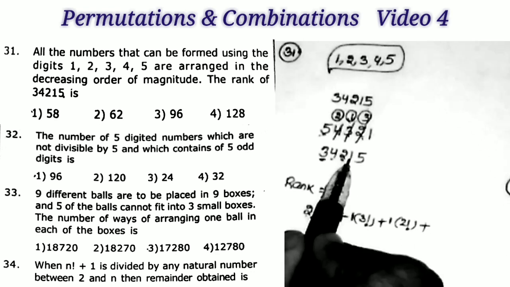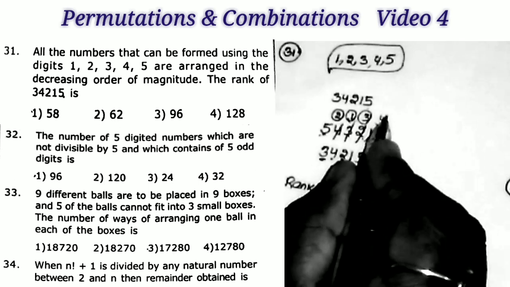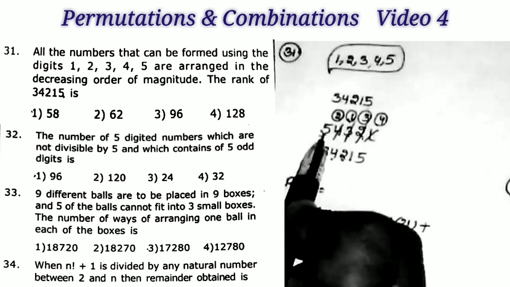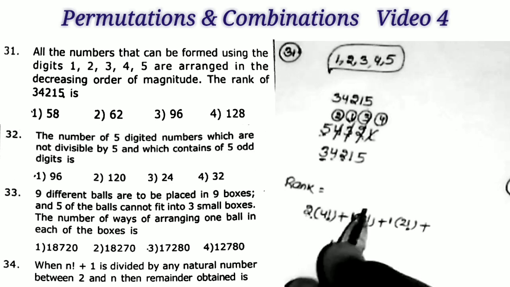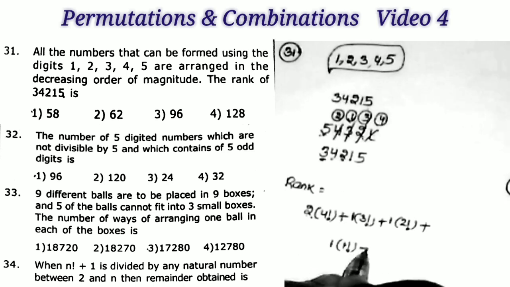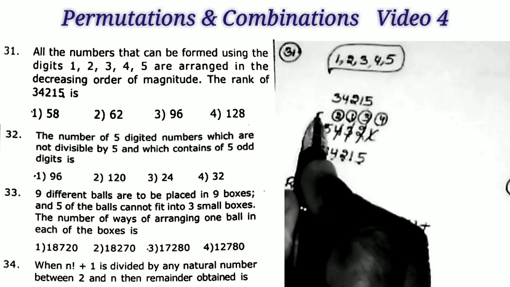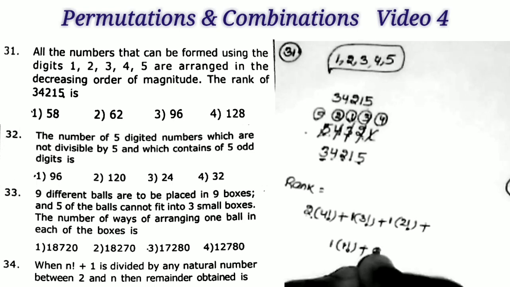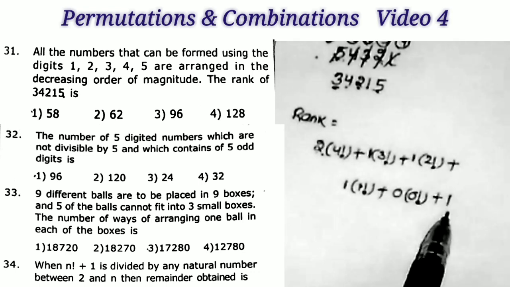Okay. After that, what is the fourth digit? 1. So cut the number 4 in the decreasing order and put the number 4. And before this 1 we have again one number which is not cancelled, that is 1 into. So 1 into, we take here 1 factorial. Okay, plus 5. This is the number, cut the number, and before 5 there is no number, that is we take 0 into 0 factorial plus 1. After completing the process, here we have to take the plus 1 also.